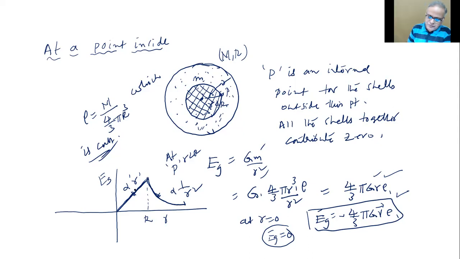The mass will tell you. See, that gravitation field strength is affected by mass and R square, isn't it? So mass is proportional to R cubed. So it is changing directly as R inside, right? Whereas outside, the total mass is at the center, so simply inversely proportional to R square. The mass here is the mass inside.